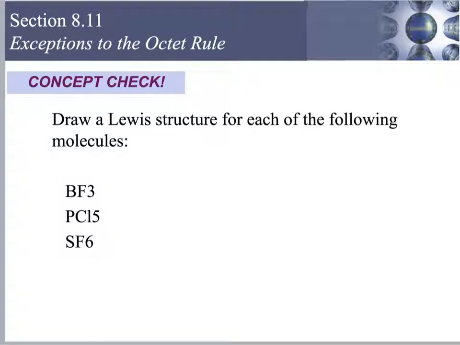Alright, so we can take a look at these and just go through how we would figure out what we have. So we have boron, and if you look at boron, boron is in column 13, so it has 3 valence electrons. So I'll do this up here. So boron has 3 electrons, and 3 fluorines have 3 times 7, so that's 21 electrons, and so this one would be